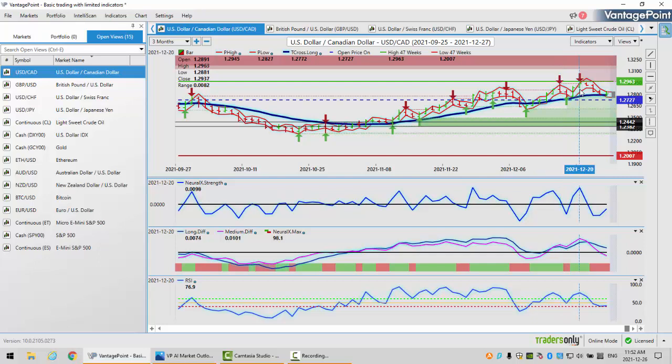But as I outlined in the VP live training room, we trade this based around the S&P 500. We were forecasting the S&P 500 to continue its uptrend this past week. That means the Canadian dollar, the Aussie dollar, and the New Zealand dollar will all respond very positively to a move back to the upside on the S&P 500. That absolutely came to fruition, and US Canada dropped hard, but it stopped for the second week in a row at the exact same level, the T cross long, 127.91.